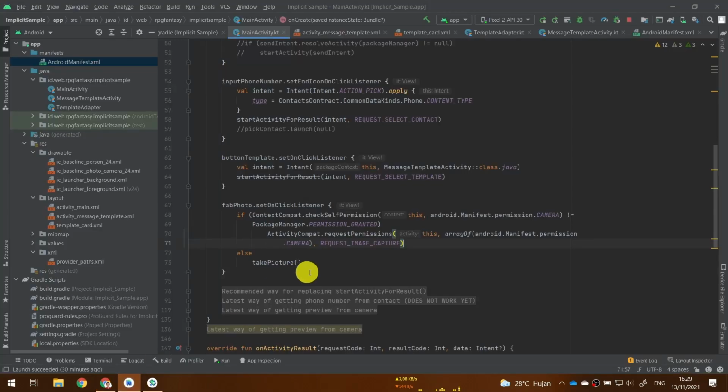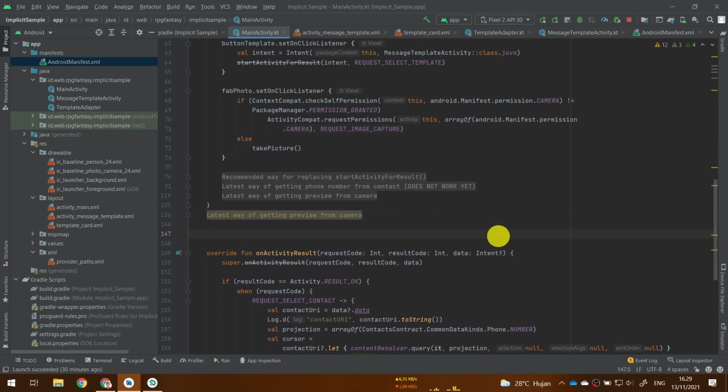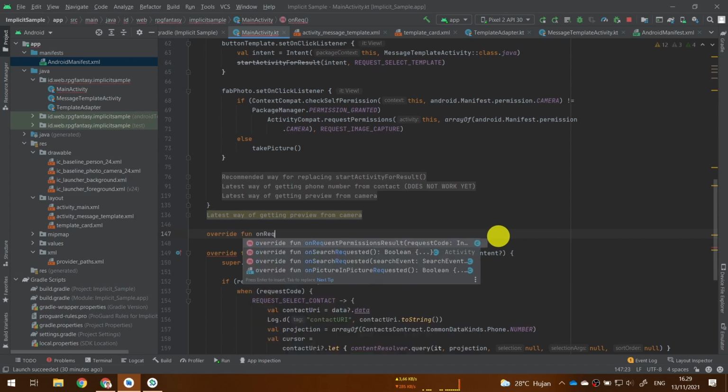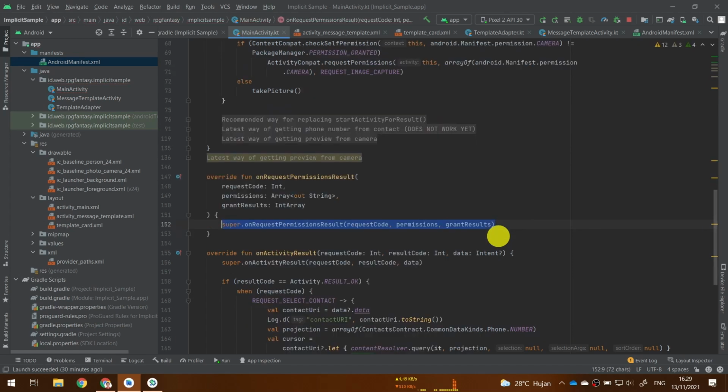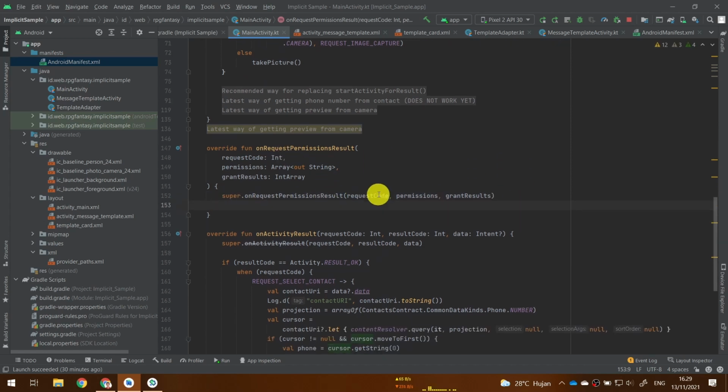Let's override it first. I will override it over here. Override fun onRequestPermissionsResult. Now just leave the super. This function acts similarly to onActivityResult. We have a request code, so we can check who actually requested this permission.